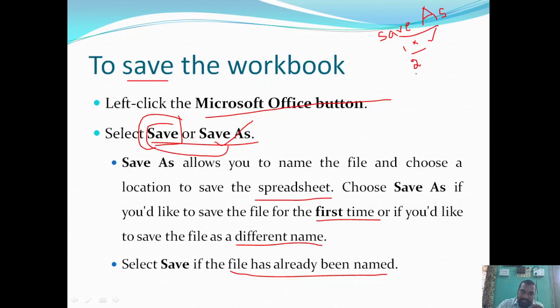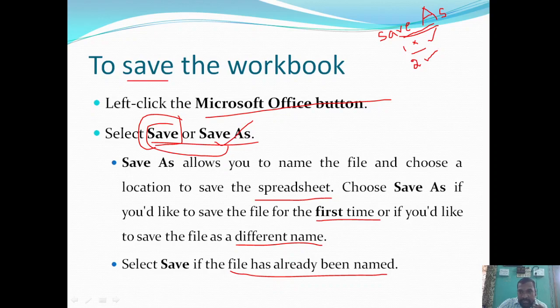The second case is if the file is already saved with some name and you want to save that file with a different name, then choose Save As, give the new name and specify the location, then it is going to be stored. So this is about Save As.